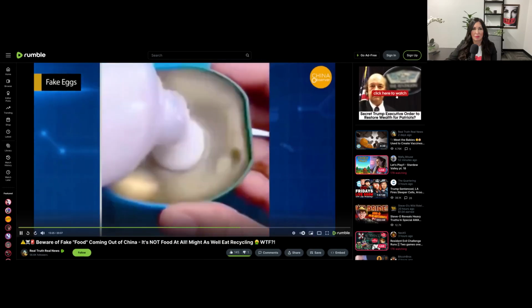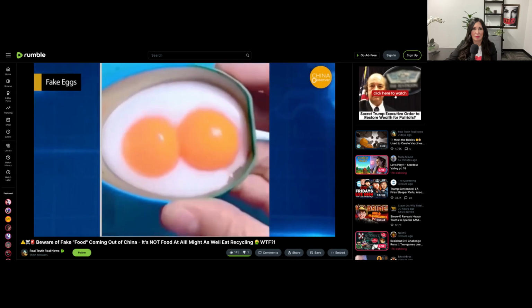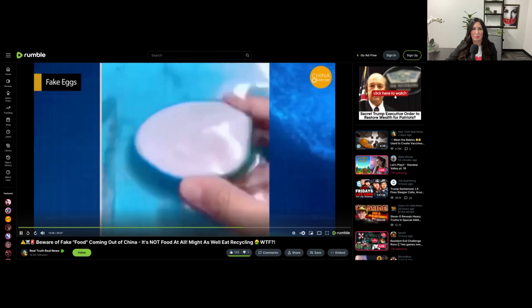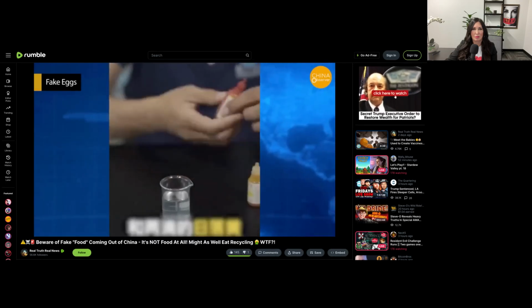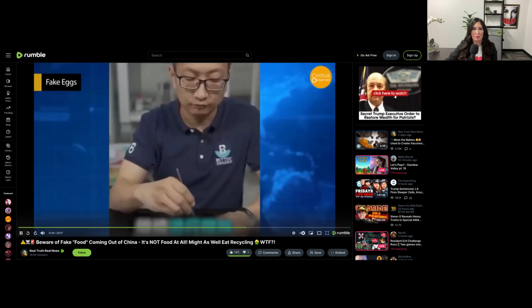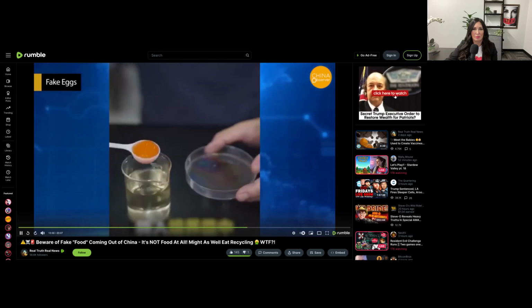The first step in creating fake eggs is to make the egg white. Sodium alginate is mixed with water to form a solution, the base for the egg white. The solution is stirred continuously until it thickens into a substance resembling egg white. The egg yolk is made similarly, but with the addition of colorants like lemon yellow to the sodium alginate solution. This colorful solution is then poured into specially designed molds and solidified in a calcium